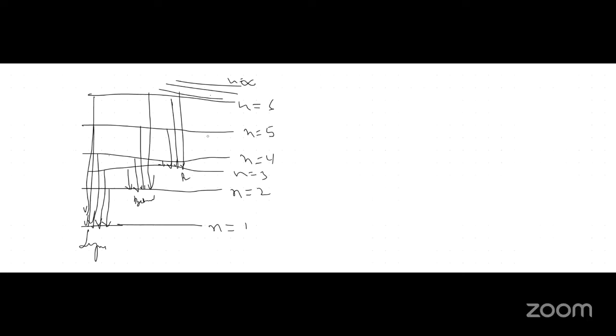So next we'll move to the Sommerfeld theory. So what is Sommerfeld theory? According to Bohr's theory, hydrogen spectral lines have well-defined wavelengths. But